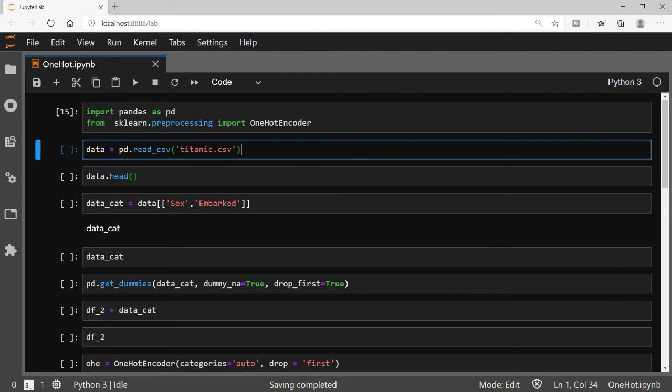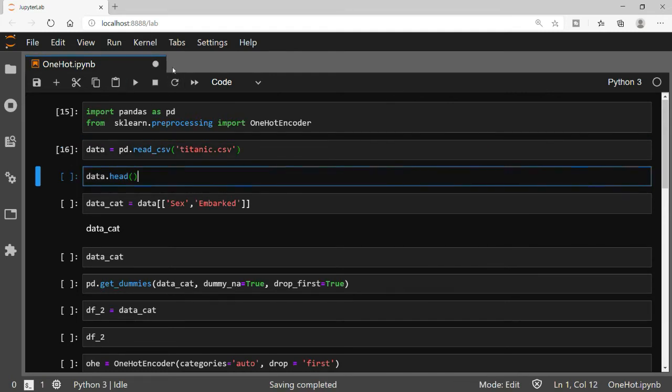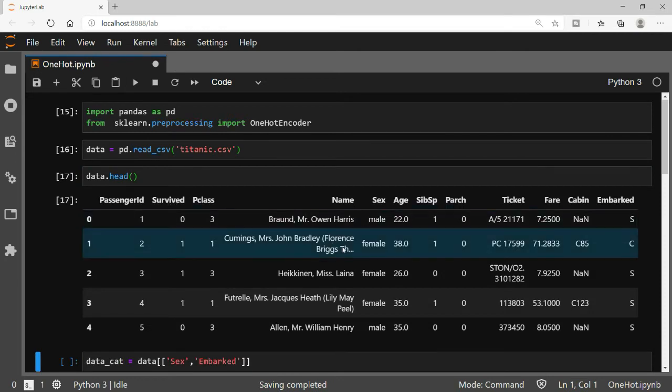I'm using the Titanic dataset. Now I can see what my dataset is. In this data we have passenger ID, survived, whether the passenger survived or not, passenger class, name, sex, age, siblings and spouse, parents and children, ticket, fare, cabin and embarked.